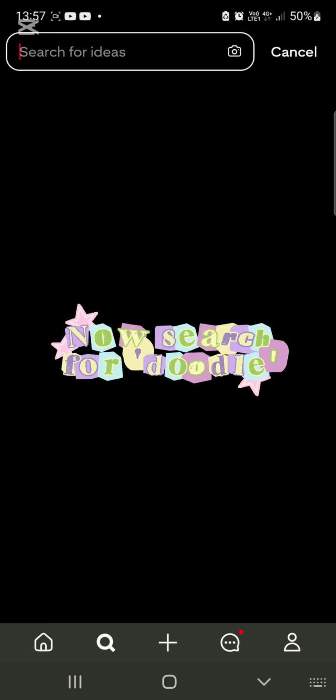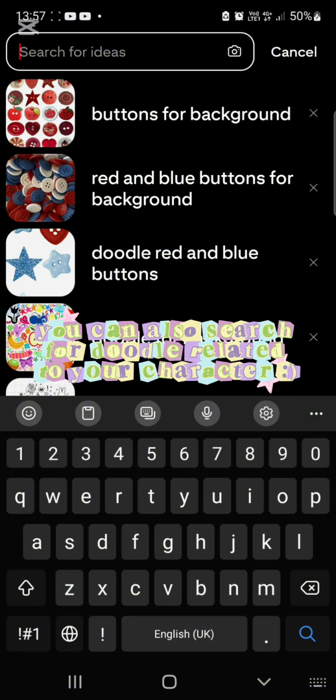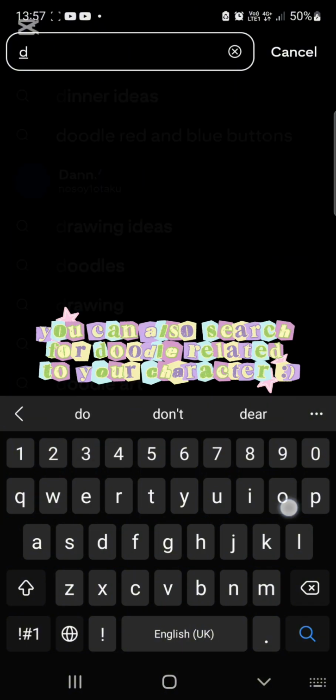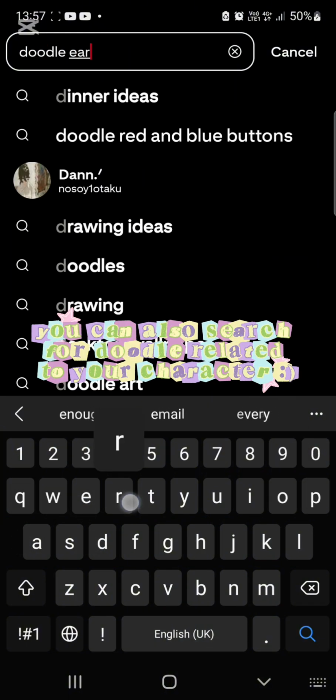Now search for doodle. You can also search for doodle related to your character's smiley face.